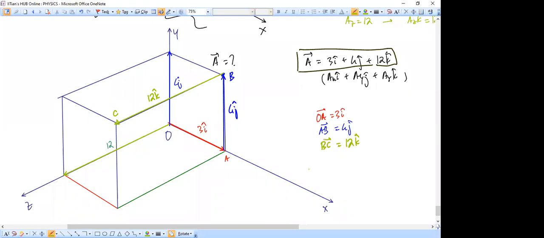So now what is my vector A? It is OA plus AB plus BC. So I'm going from O to the point A to the point B to the point C. So it is overall the vector OC. So this is my vector now. So in this diagram, the resultant vector will become this. From the origin to this one, which is basically what? It is the body diagonal of this cuboid. This vector here will be nothing but the vector A.